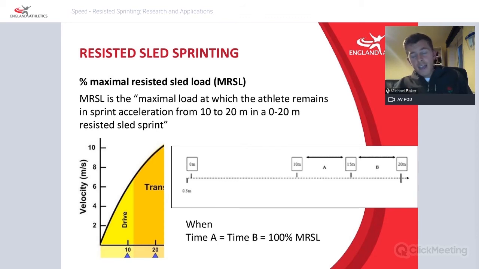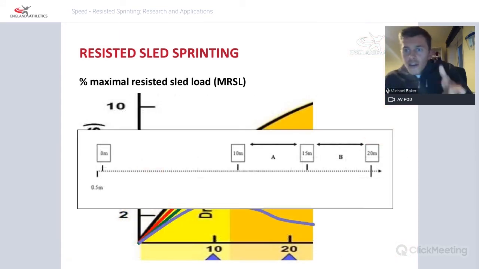The benefit of this method, similar to the one that we discussed previously, is that you can provide a really individualized load for an athlete. And we'll come on to what the research says about this in a bit. The downside is that you have to have the capacity to test at different loads, and you have to have the capacity to split between 10 to 15 and 15 to 20. So what we're going to do now is look at this